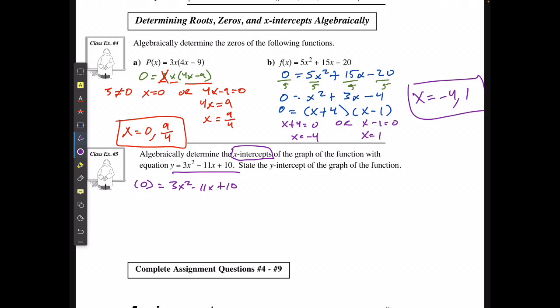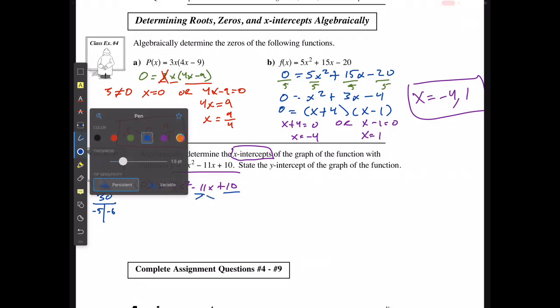Now, because I don't have a common factor and a is not equal to 1, I'm going to have to use decomposition. I'm going to start by taking the a value times the c value, or 30, and I need two factors of 30 that add up to the b value of negative 11, and I'm going to get negative 5 and negative 6. So I'm going to split up that middle term,